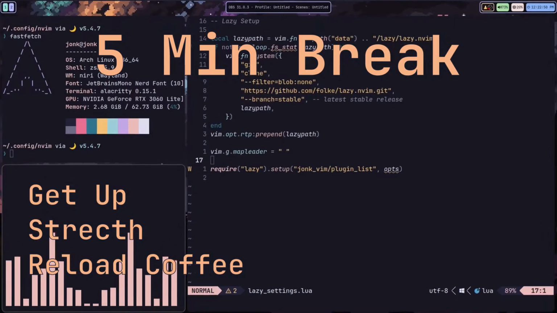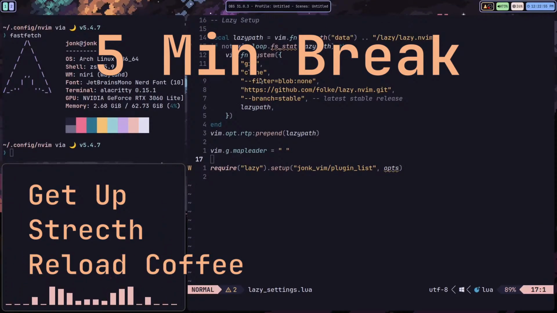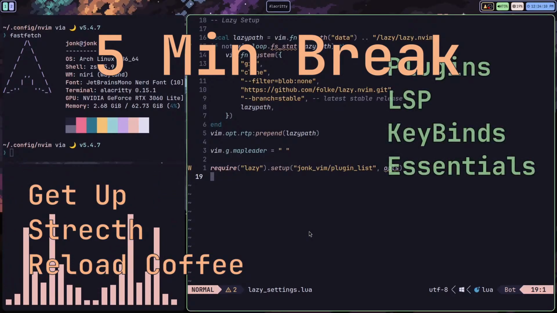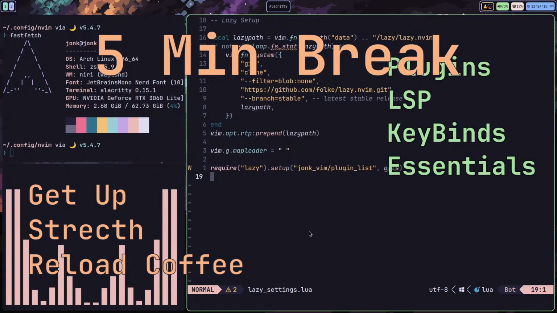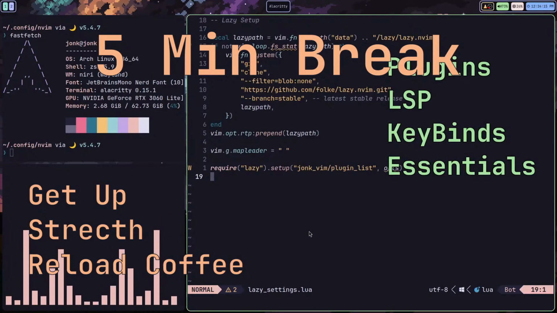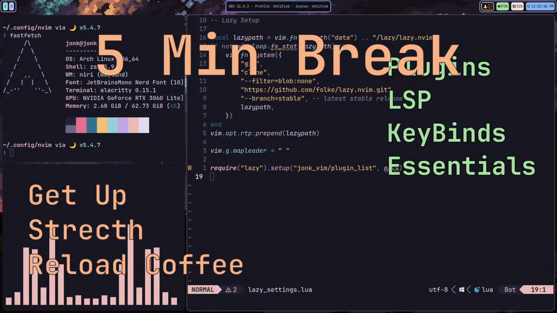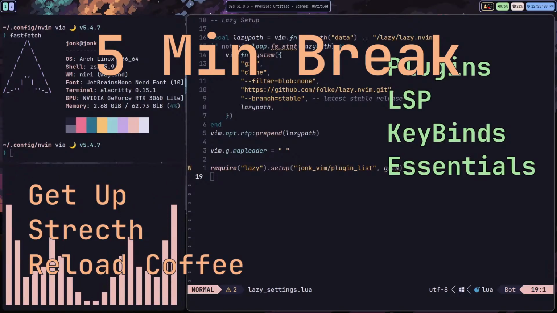Making easy software development inside Neovim. So what we're going to be doing today is we're going to be setting up a few plugins. We're going to be setting up our language server protocol settings inside Neovim. We're going to be talking about key bindings and how it all fits together to make everything quick and productive. Then we're going to be going to some essential remaps that you're really not going to want to miss out